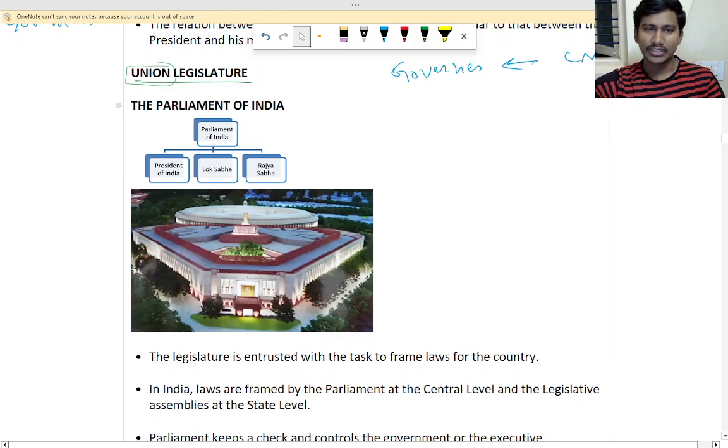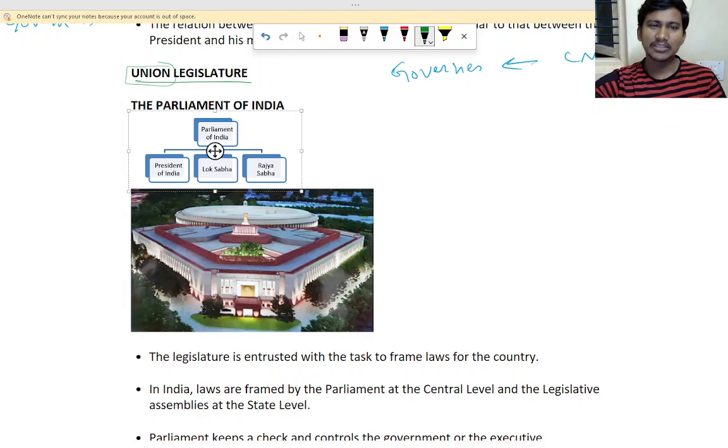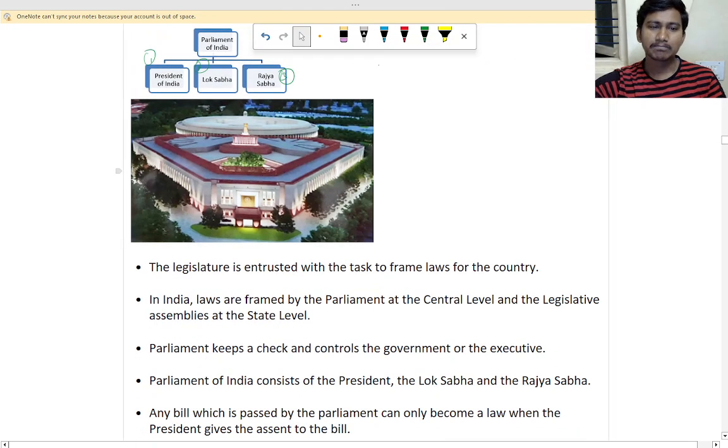First, Parliament of India. In the Parliament of India, there will be three: the President, and then Lok Sabha and Rajya Sabha, the upper house and lower house. Yes, those. Okay. So here, if you see, the legislature is entrusted with the task to frame laws for the